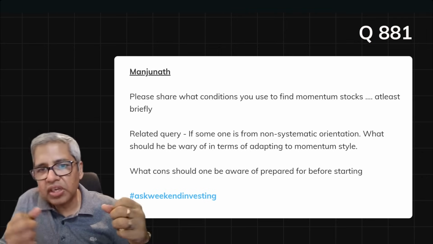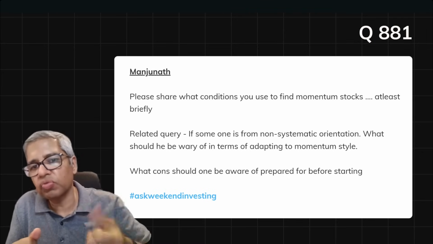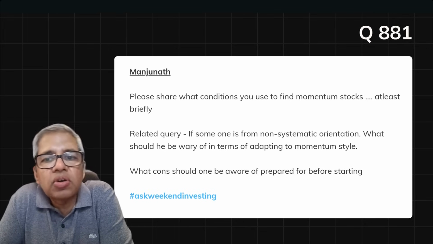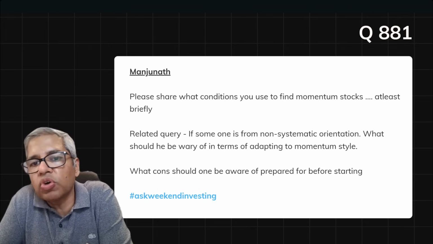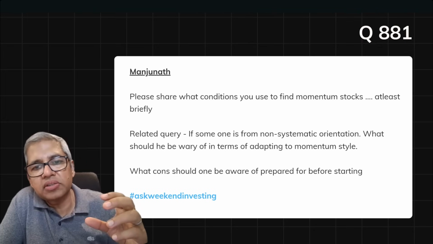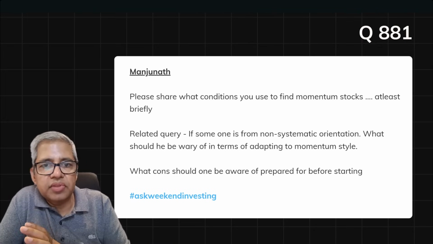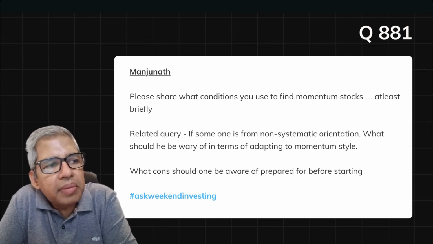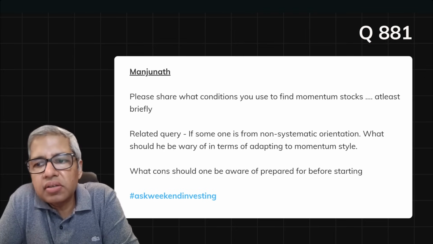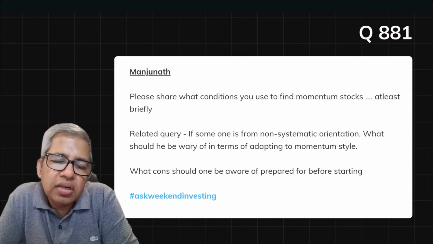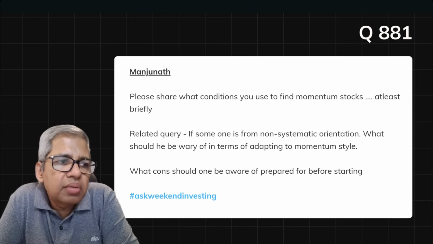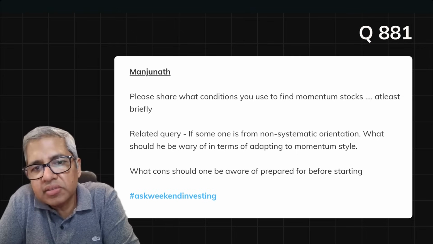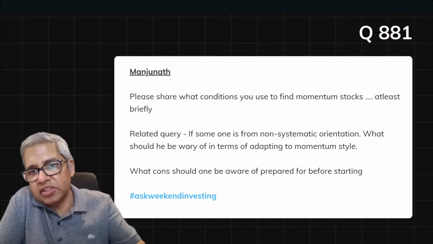That even if there are half winners, half losers, I want to win big in the winners, and I want to lose less in the losers. Which in non-systematic orientation is almost always opposite. People take small profits and large losses, and this is completely reverse of that. So the mental makeup gradually can happen when you see success in your non-discretionary mode. Then you will understand how easy and how relaxing this style of investing is once you have confidence, and that may take time.